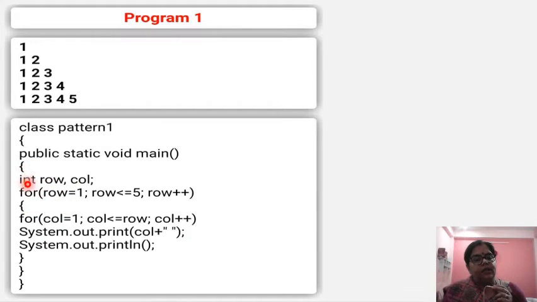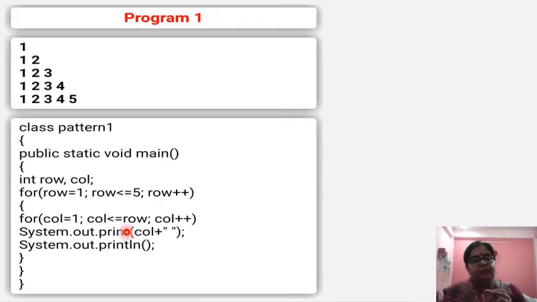See here, in this simple program, you all have to write public static void main. You can write String args, or either way the program can run. Int row and column, we have taken integers. For row is 1, this is your outer loop. See students, this is your outer loop. For row is 1, and row will work till 5, till it is less than or equal to 5, and row will increase 1 by 1.